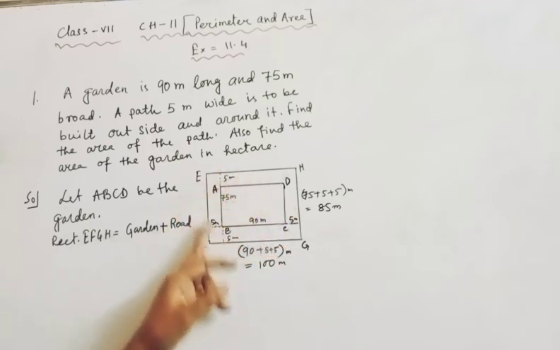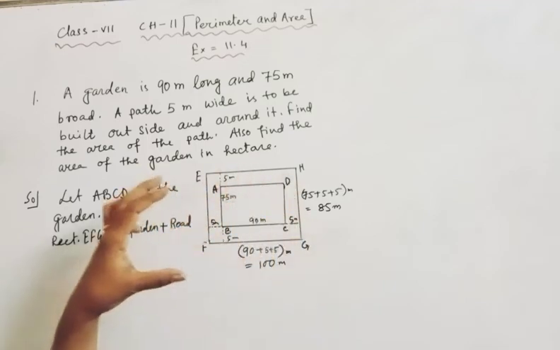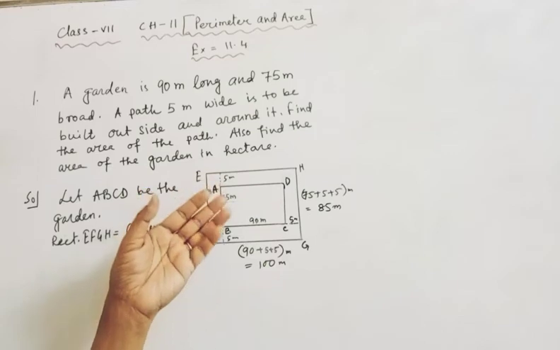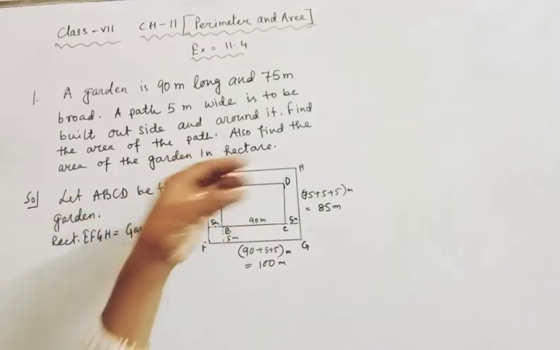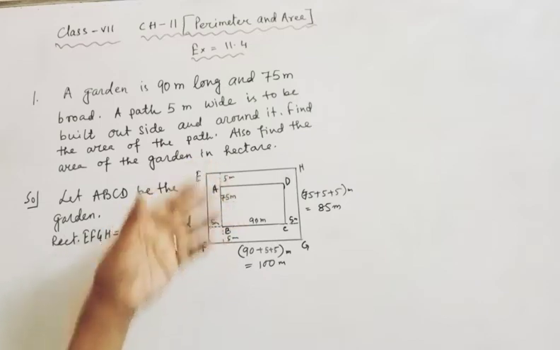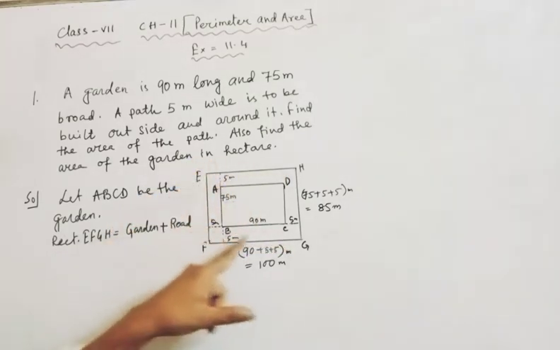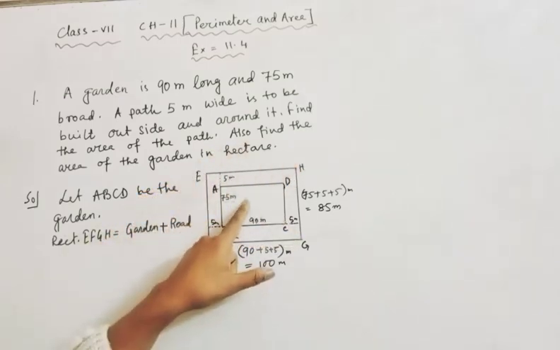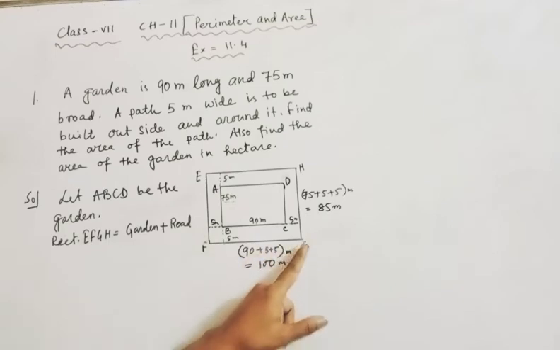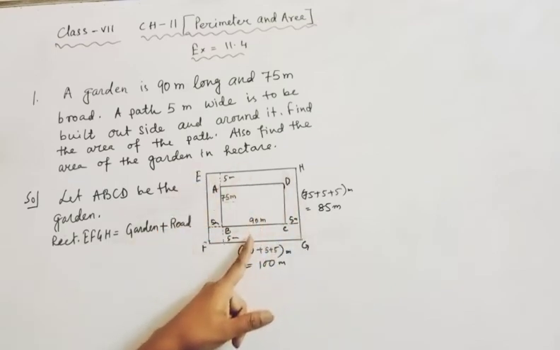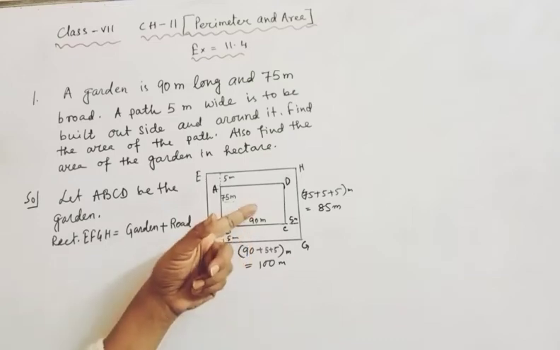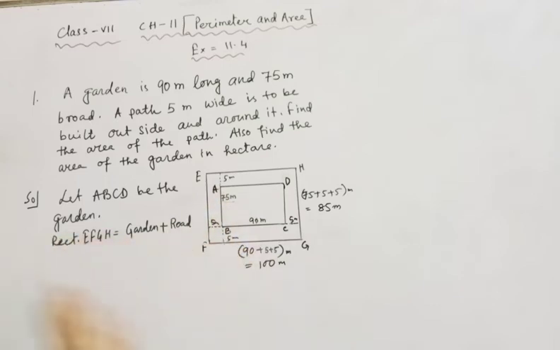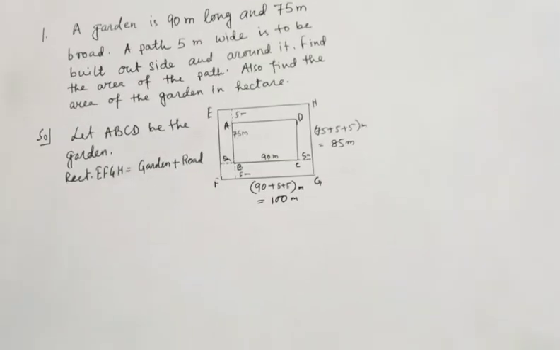You have to find the area of the path. You have done this kind of sums in circles also, where you find the remaining area after removing one circle, like the area of the metallic path. Here, first of all, you will find the area of the garden, then the area of the garden with path, that is EFGH. After that, you will subtract the smaller area from the larger area, and you will get the remaining path. Understood? This is the sum only. So you will do the sum now.